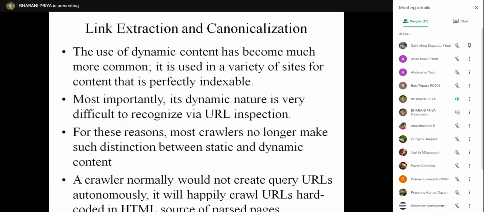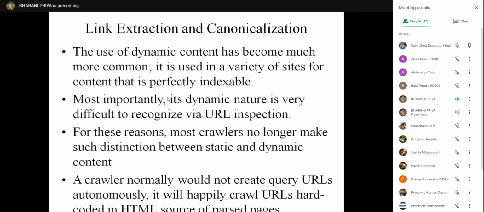Previously, programming was static, but now everything is dynamic, because we require more interaction with the database, either in business applications or search engines. The database interaction is more, and dynamic content has become common.